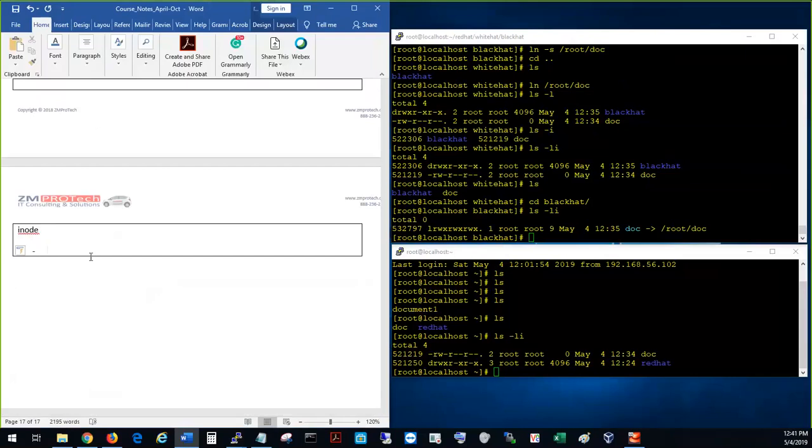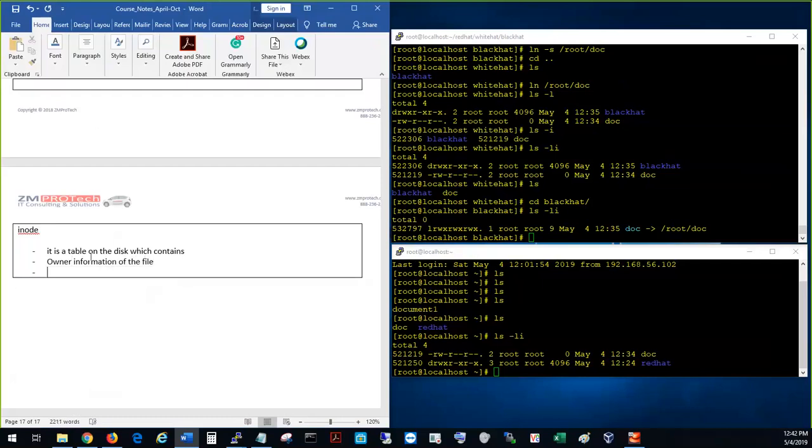Okay, so inode is a table on the disk which contains owner information of the file, okay, and then it contains group information, okay, and then it contains what kind of type of the file, okay, and then it holds the permission information,